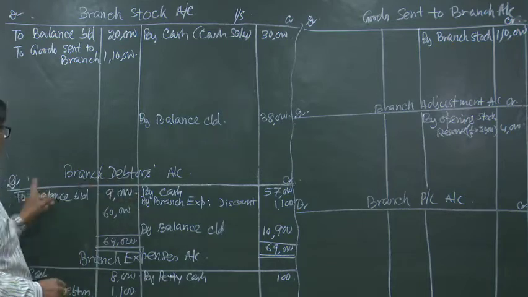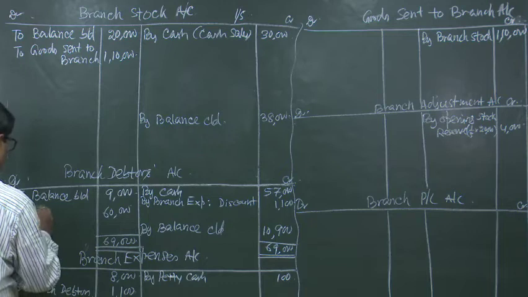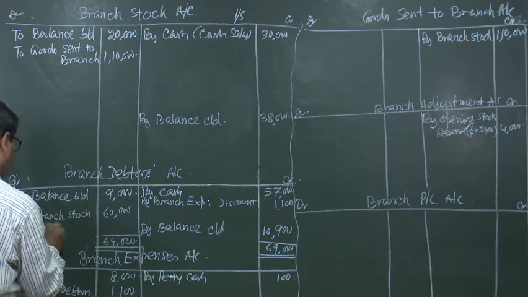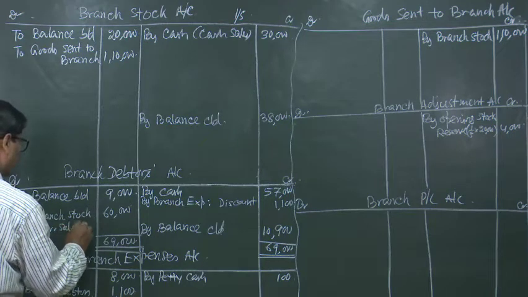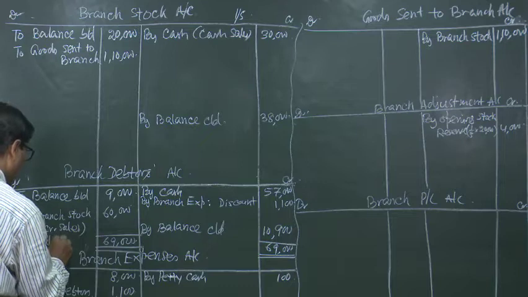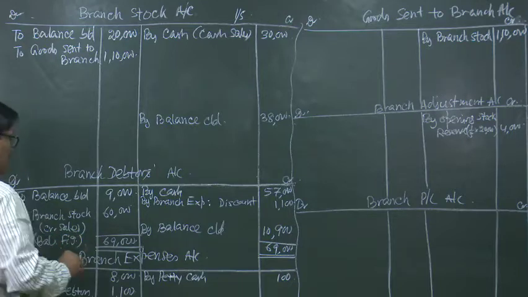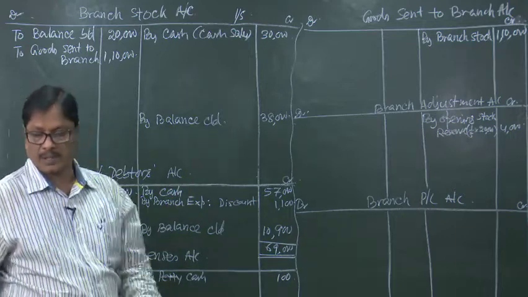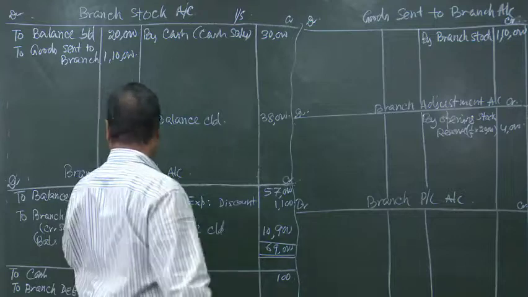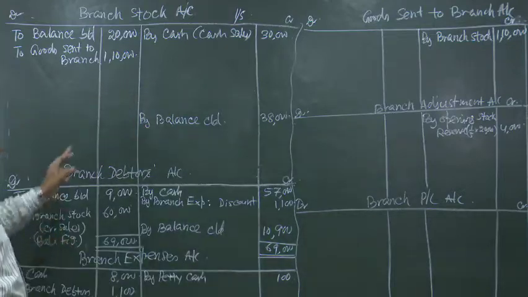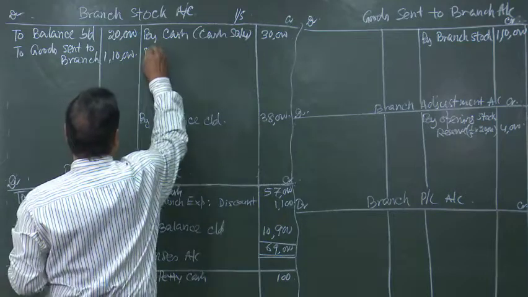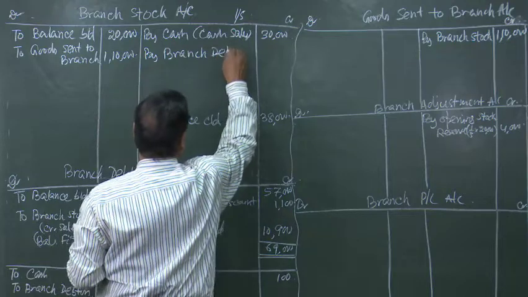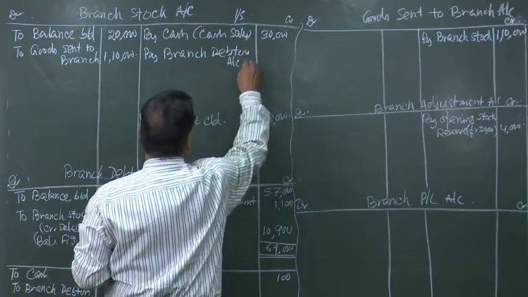What is that? That is the credit sales. So, branch debtors account debited to branch stock within bracket credit sales, and you can also write balancing figure, because this was not given to us, we have found out by balancing the account, which is coming to 60,000. So, that 60,000 rupees, the entry is branch debtors account debited to branch stock. So, branch stock account will be credited by branch debtors account